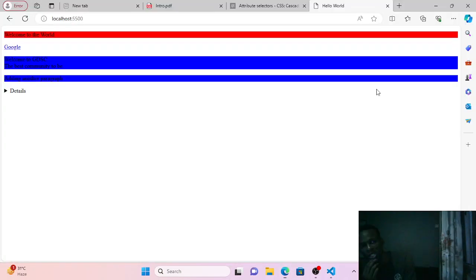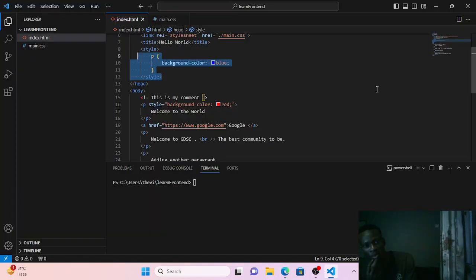Okay, so now back to what I want to do. How do I separate these two p tags to have different styles, right? That's where the class attribute and the